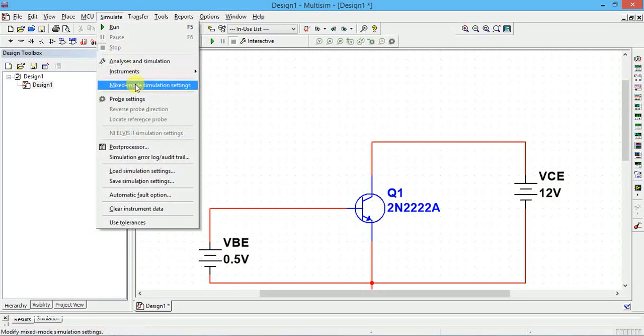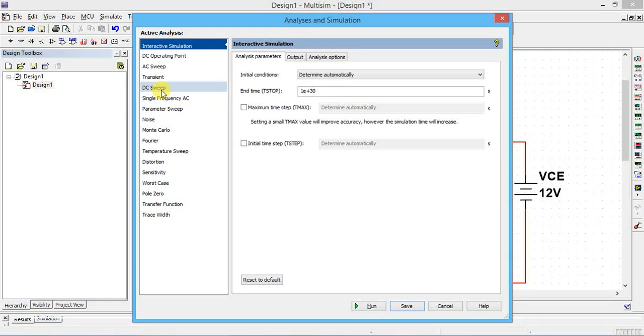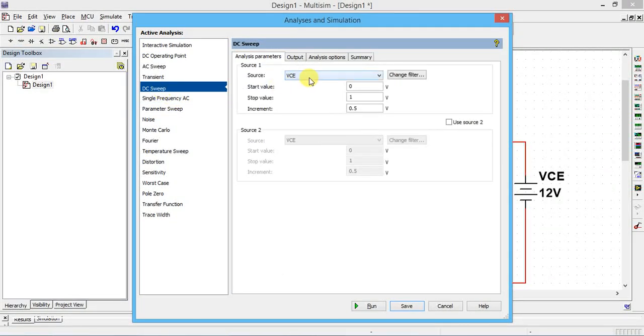So now go to simulate, then analysis and simulation. There you select DC sweep. In the DC sweep, it is VBE versus IB. So select VBE.